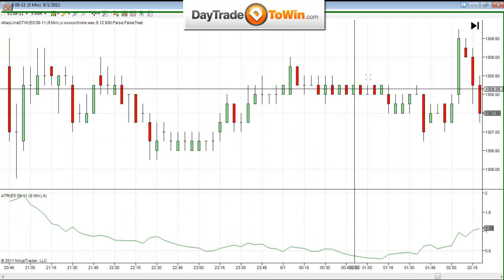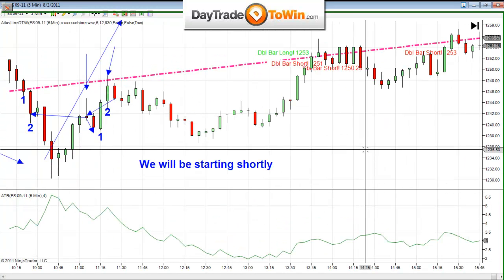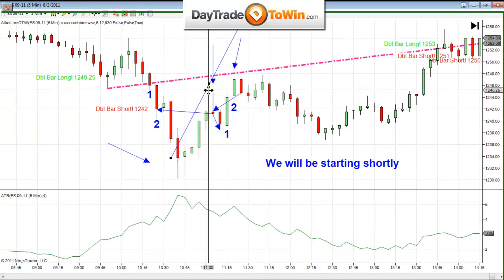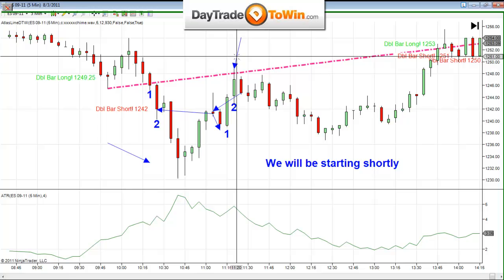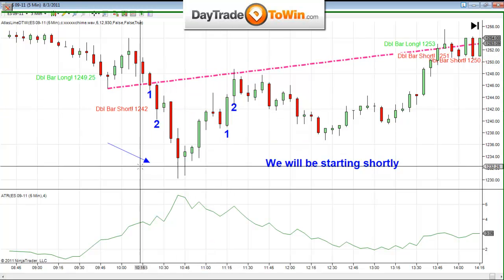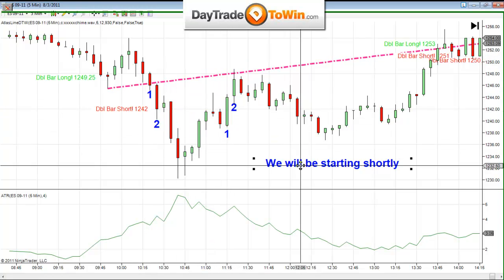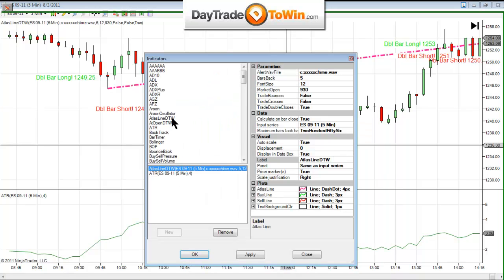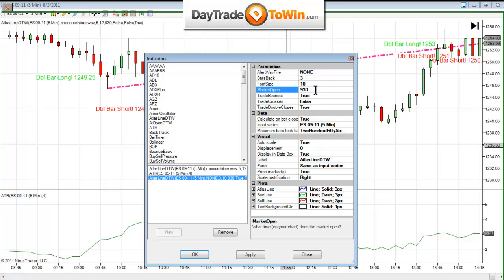Now, furthermore, let me just go to today. Not everybody trades the E-mini, and so this does work on currencies, just like the power price action method, as well as overnight. So let's take a look at adding a second Atlas line right there. Instead of me putting the market open at 9:30, let's put it to 3 o'clock in the morning.